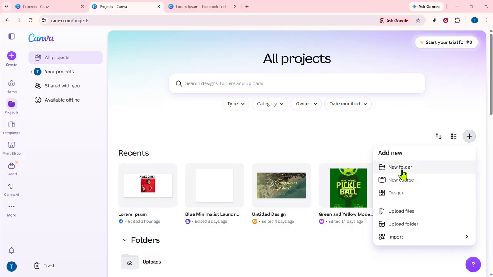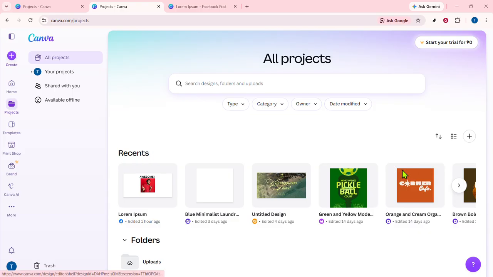Creating folders is a simple but very effective way to stay organized, especially if you manage different types of content for work, school, clients, or personal projects. Instead of scrolling through a long list of designs, you can separate everything into clearly labeled sections and find what